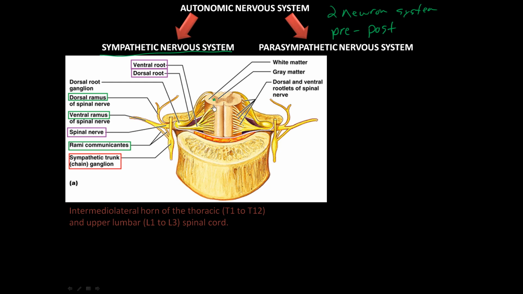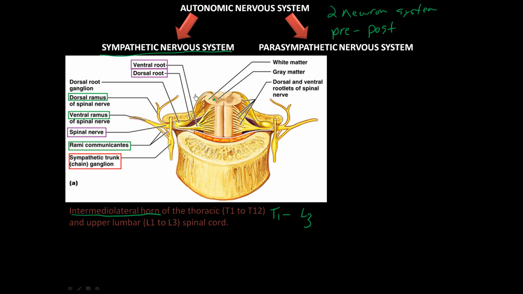Right in here is what they call the intermediolateral horn of the thoracic spine and the upper lumbar spine. So the sympathetic portion of the autonomic nervous system originates from the T1 spinal nerve to L3. Anywhere from T1 clear down to L3, you will find sympathetic fibers leaving the